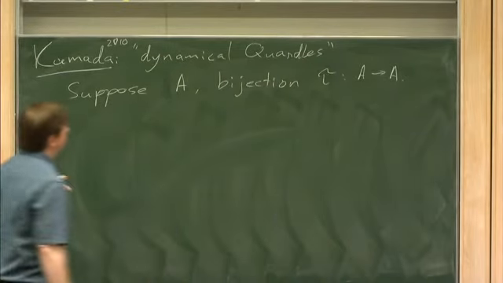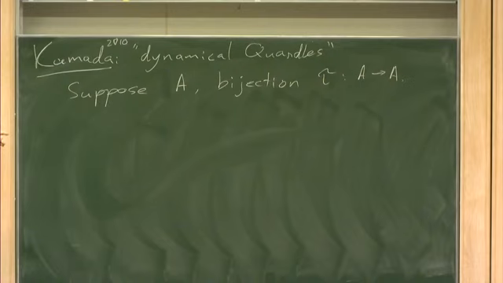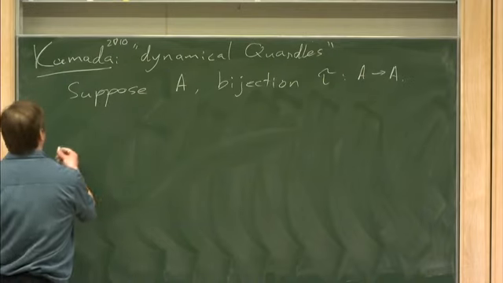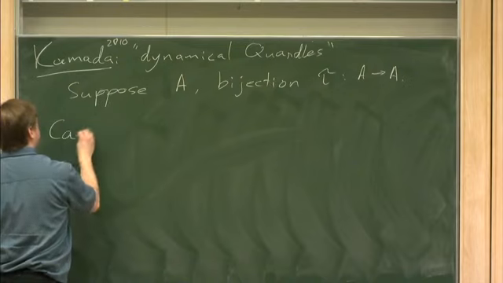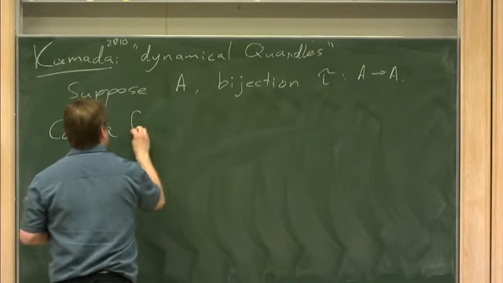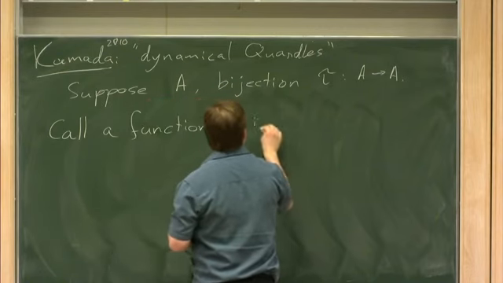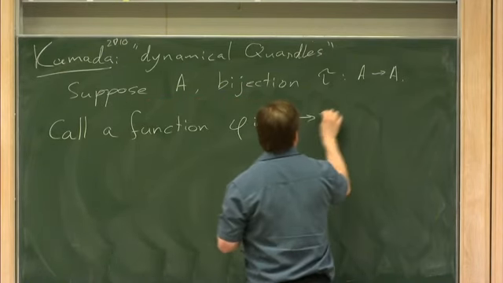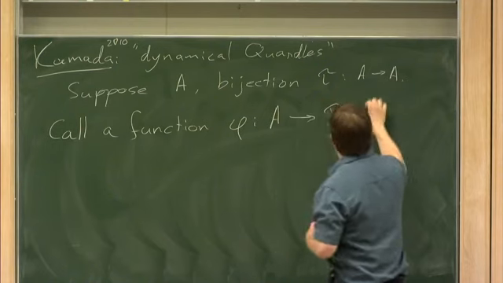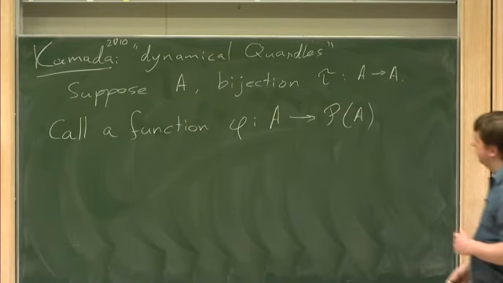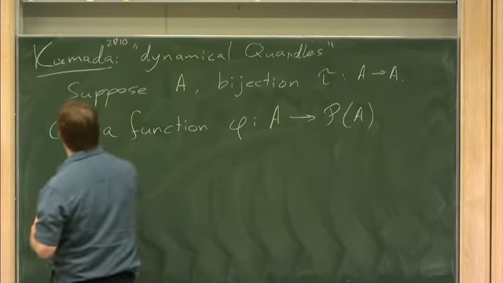So then, let's see. Call a function phi from A to the power set of A tau-replete